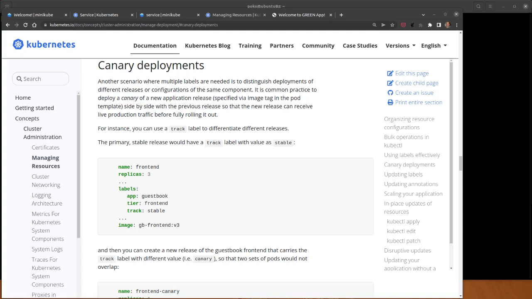Now, in our earlier demo, we've exposed the Blue application on its own service. Then the homework request was to create the Green app deployment and expose it on its own service. But now for the Canary strategy, we are going to create a common service between the two deployments. So let's head to the terminal